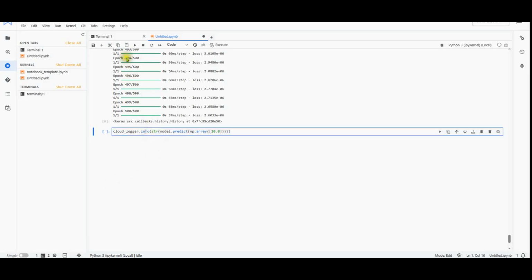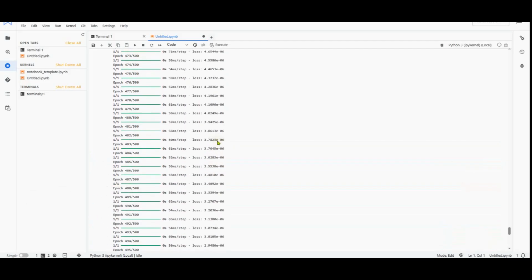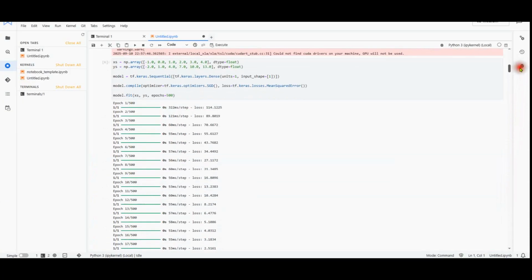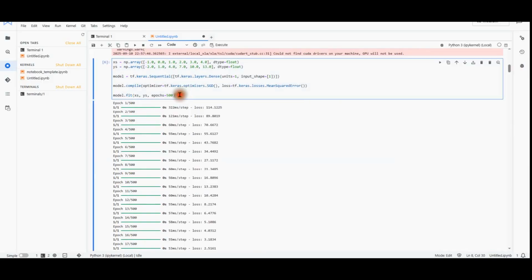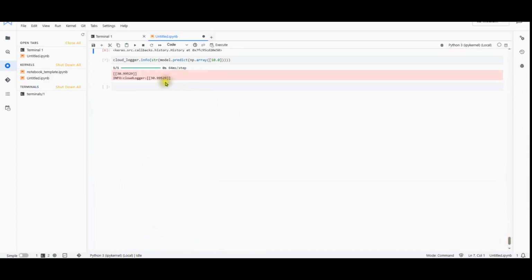Now I'm going to run this. Yep, this is the Cloud Logger, and the y value is listed after the training. I think right now I need to go back up here to train the result.